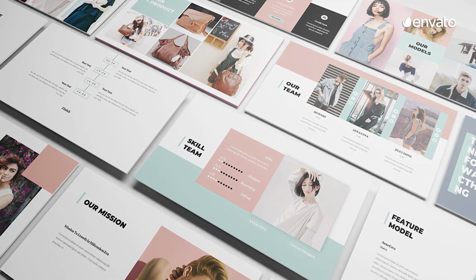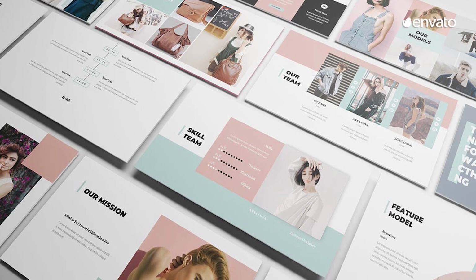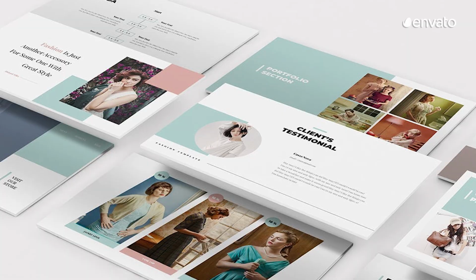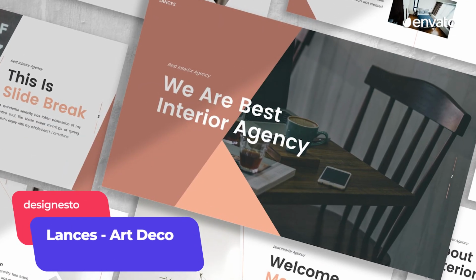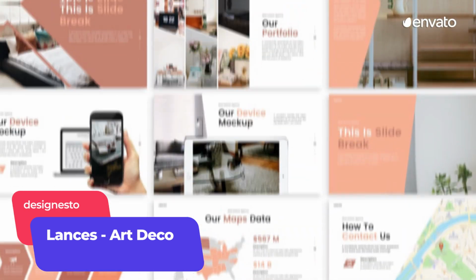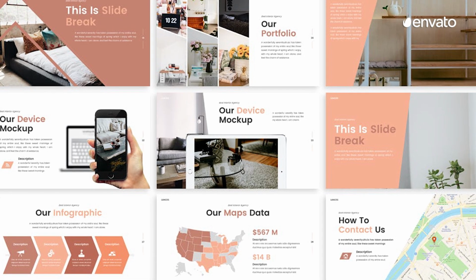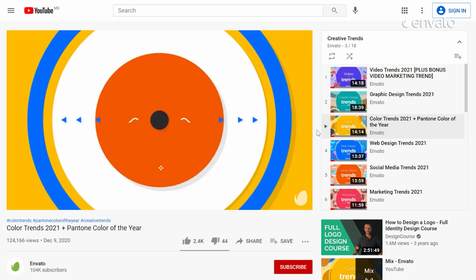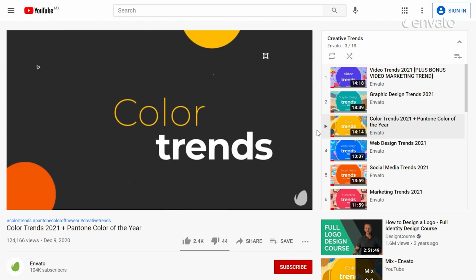From mint green to cool pink, its eye candy colours are sure to captivate audiences. Alternatively, the peachy pre-made monochromatic colour scheme contained in Lances, a Google Slide presentation template pack, adds a hint of welcoming warmth.